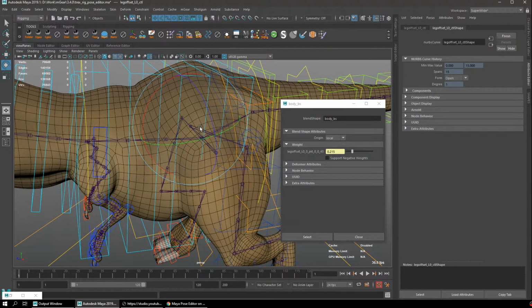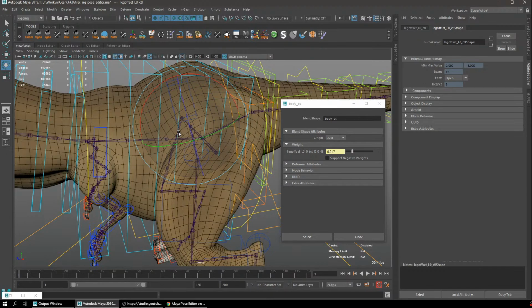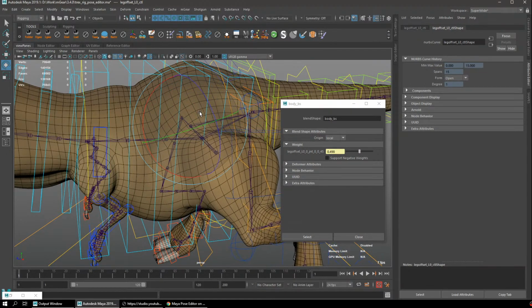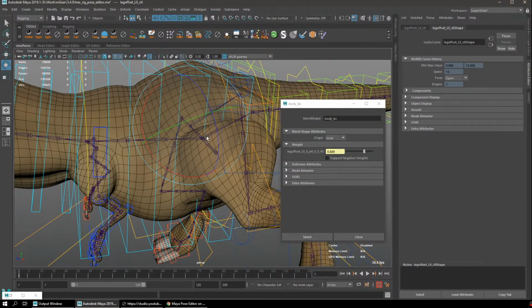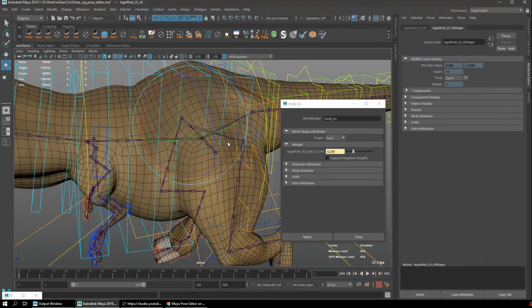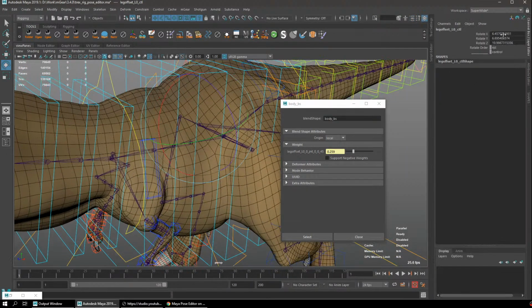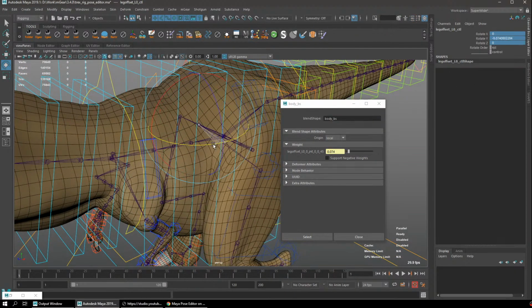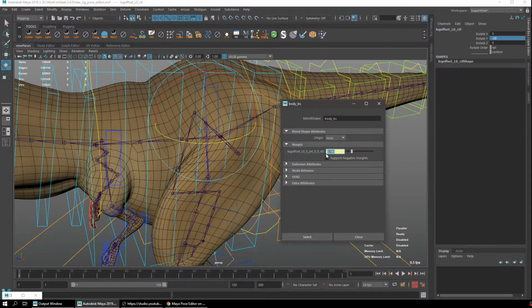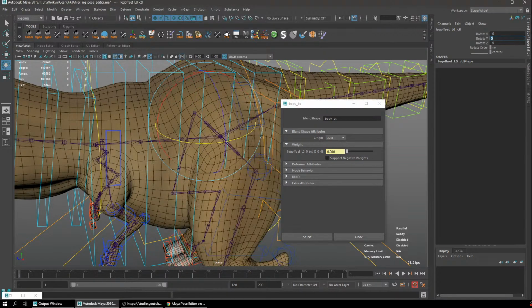And this is crucial because if you're going to try to fix just one pose, it doesn't mean that you should only add that pose into the driver node, because adding more poses will actually make it more accurate. So let me show you this. So here when I go front, you see already, like for minus 20 degrees, we're already having almost 20% of that corrective being triggered. So what I'm going to do